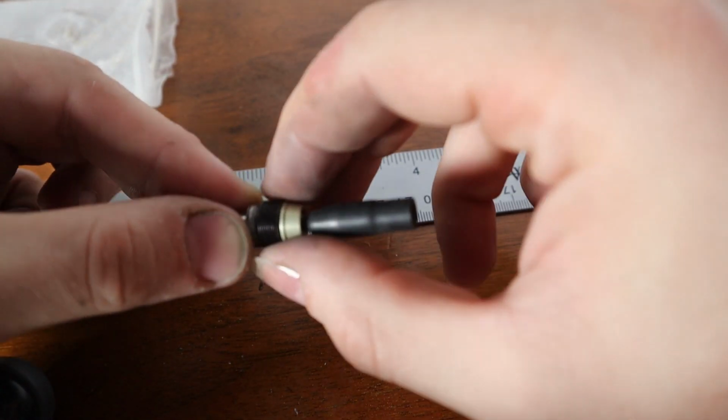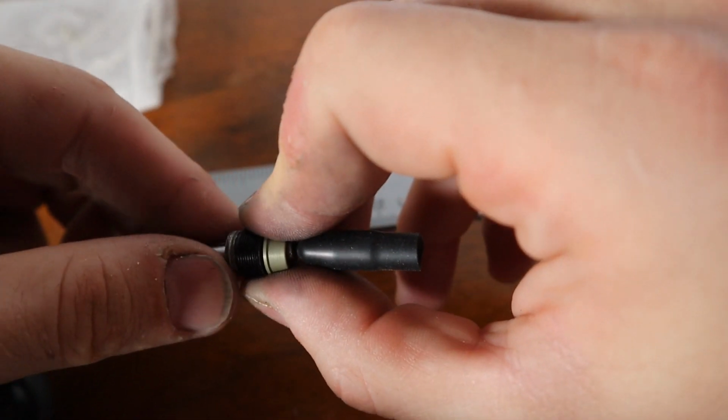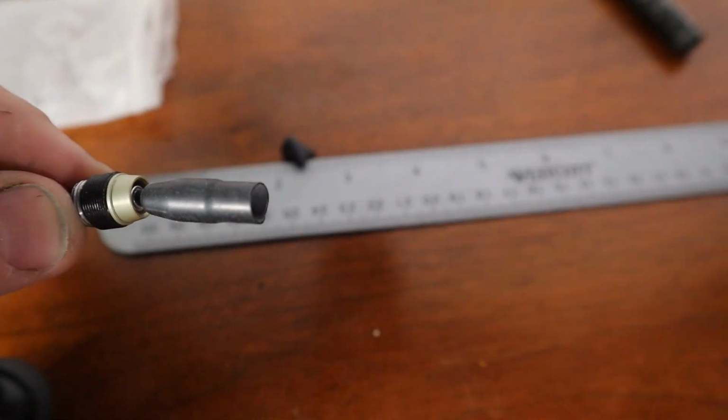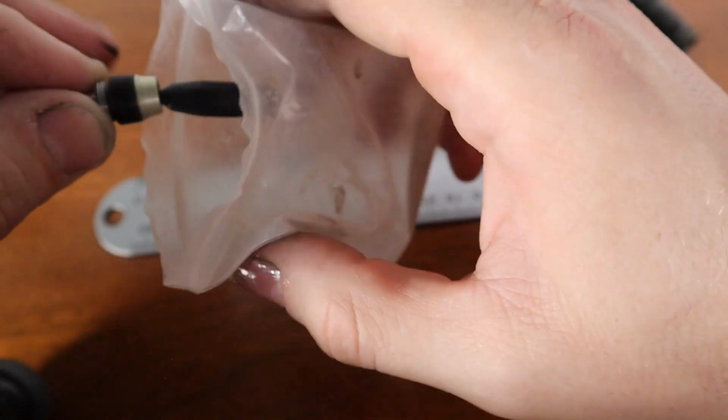Okay, I got it back in, and as you can see, it works. I'm just gonna have to hold it and be really particular about what I do because I don't want it to keep falling out. So now that we've got it cut,